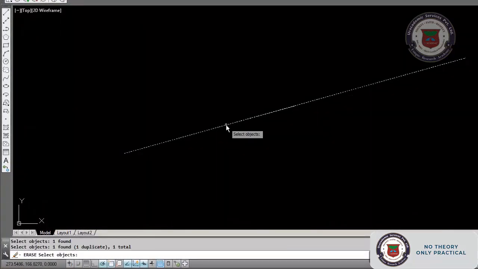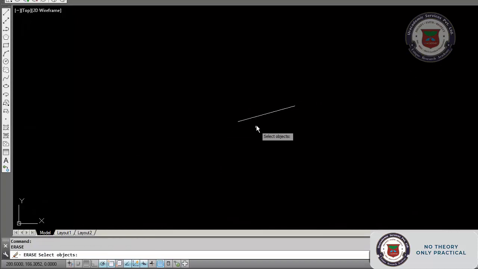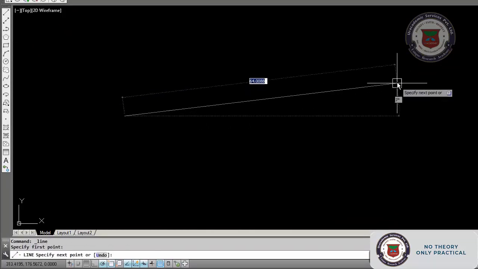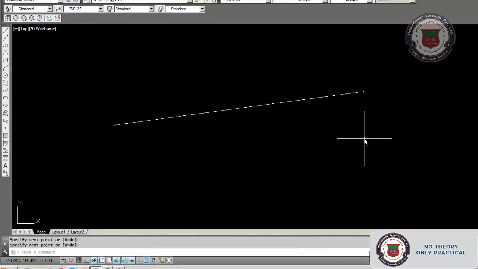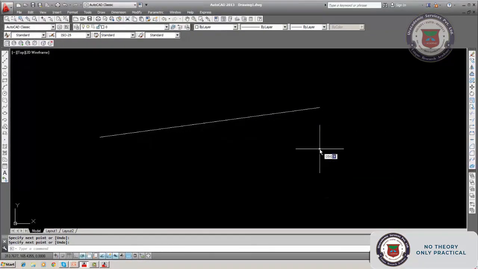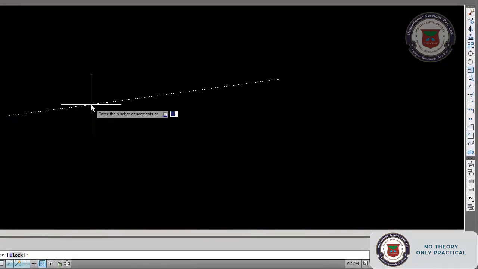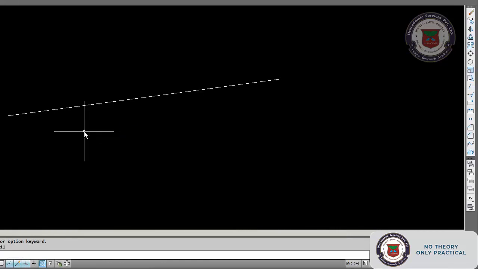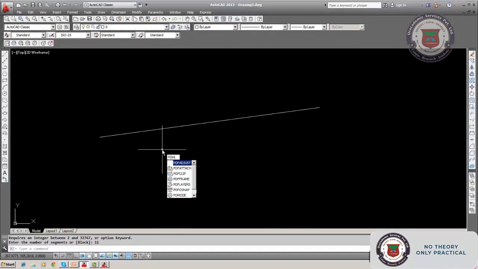Now I will once again divide the line. This is the line, let us divide it into 11 parts. It is divided, but you can't see the points because PD mode is 1.